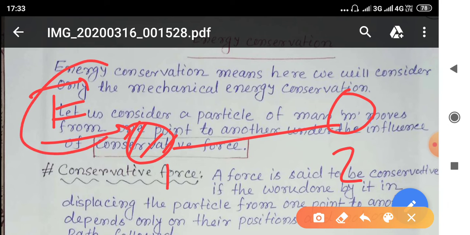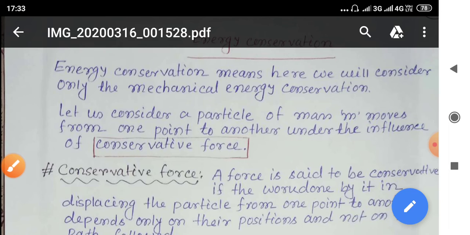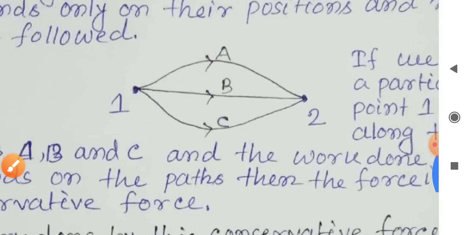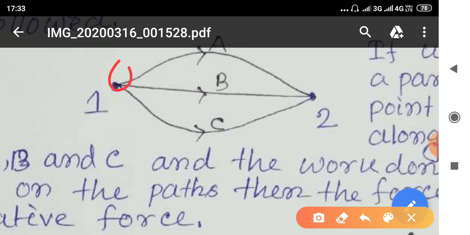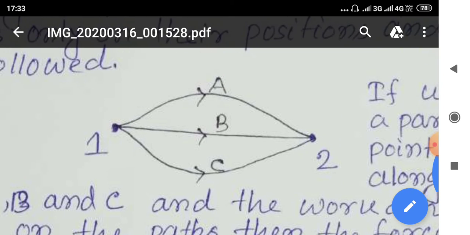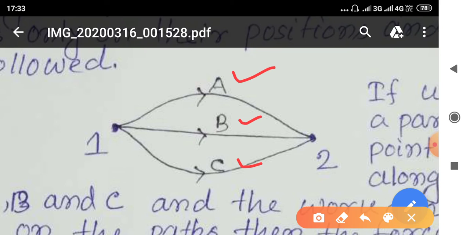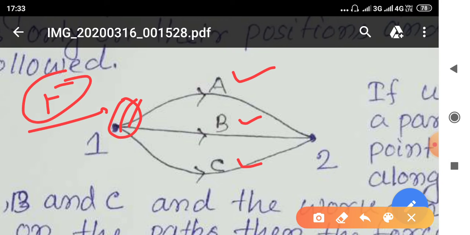So first let's say what do you mean by the conservative force, and for that if we think that the particle will move from the point 1 to point 2 through three different paths A, B and C. If the work done by the applied force on the particle does not depend on the path, that means when the